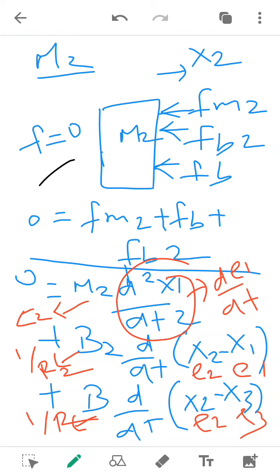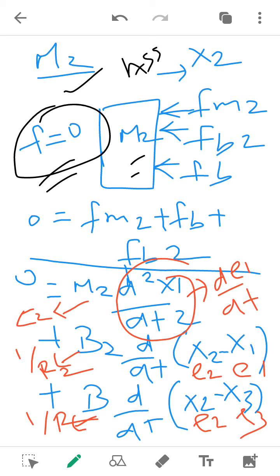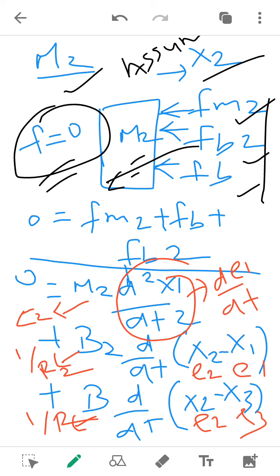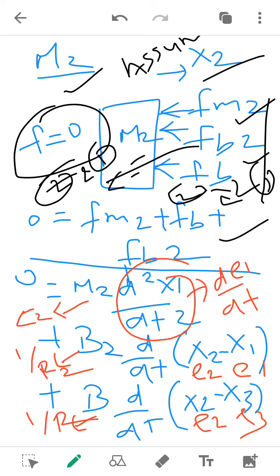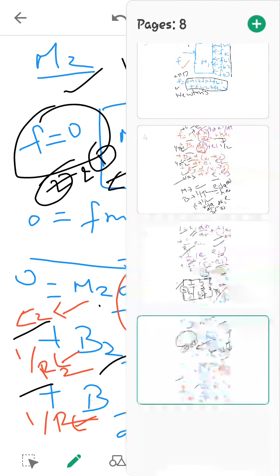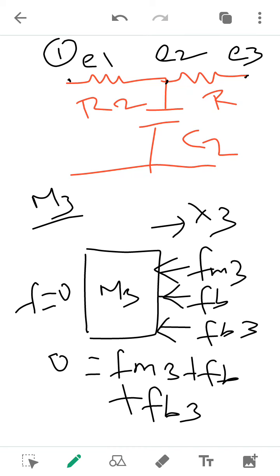So this is the free body diagram. The mass element 2 is not having any individual force applied. The assumed displacement is x2. The opposing force elements are Fm2, Fb2 and Fb. B2 is common between 2 and 1 mass, and Fb is common between 2 and third mass element. So again I have written the second order differential equation, and M we know should be equated to C2. B2 should be equated to the reciprocal of the corresponding resistance. d squared x2 by dt squared is dE2 by dt. Replacing the equivalence,